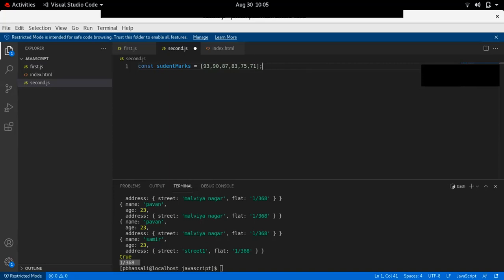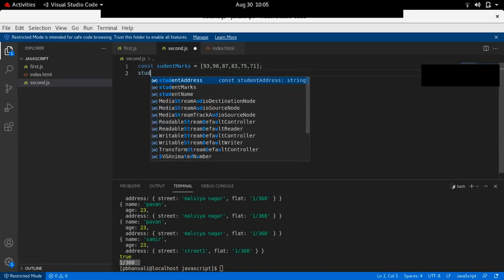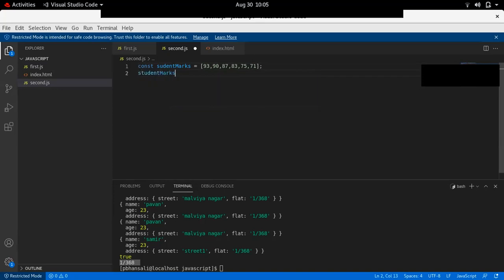Okay, and an array's index always starts with 0. So if I want to get the marks of the first student, I have to use studentMarks[0]. 90 will be studentMarks[1]. 87 will be studentMarks[2].